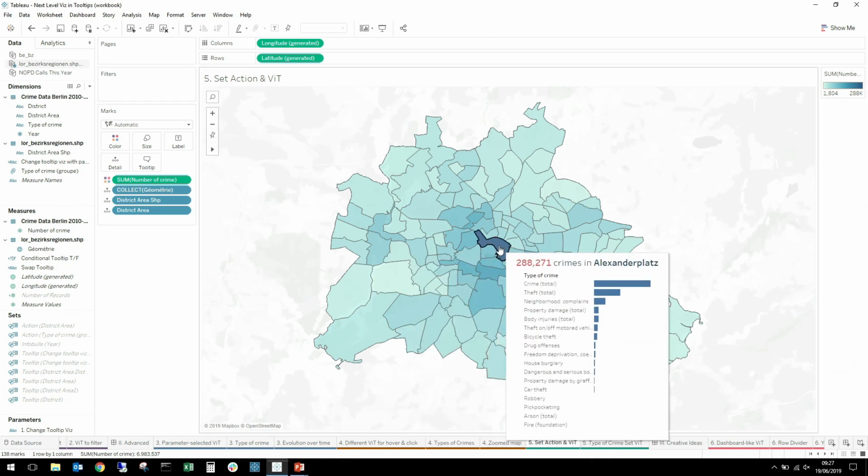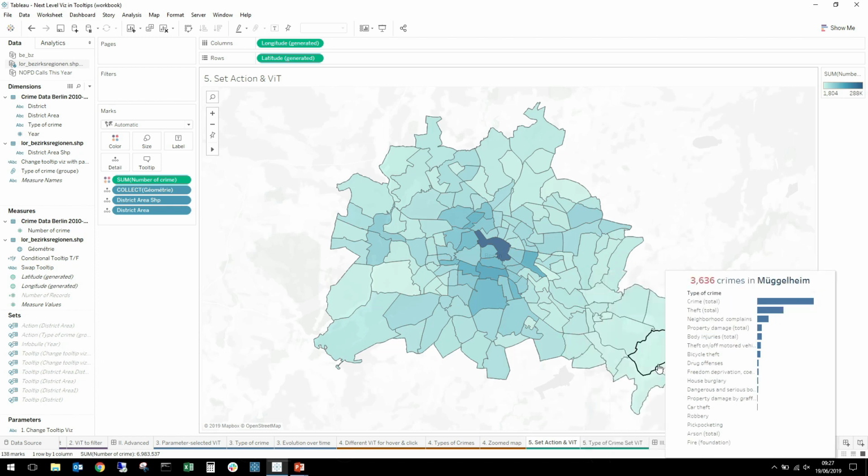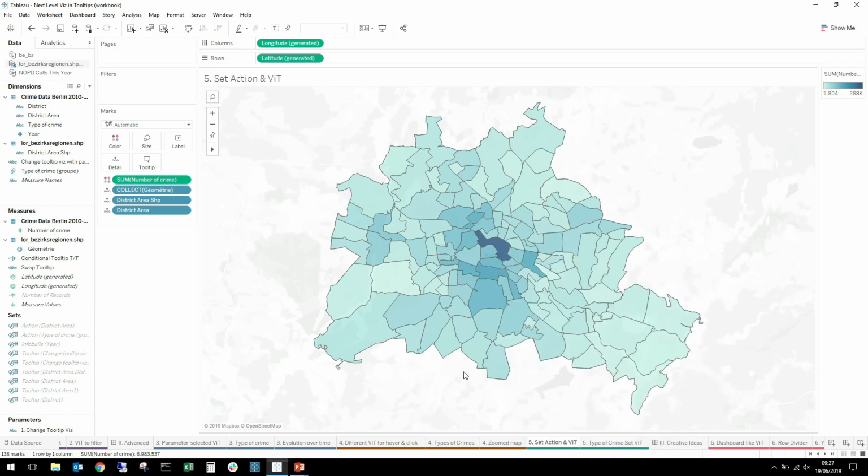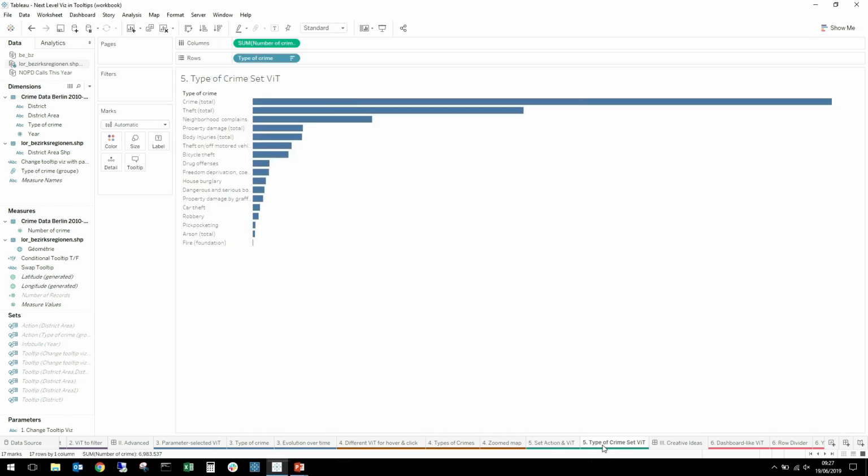If you are not very familiar with set actions, how it works is that you need to create a set that will be a placeholder, and then you can reuse this set on any viz in your workbook, and the set will populate, and the values contained in the set will be passed on to the other charts. Here I want to be able to select a district area on the map and use this district area to split the number of crimes in my Viz in Tooltip to say how many crimes were committed in this specific district. So I have this bar chart,